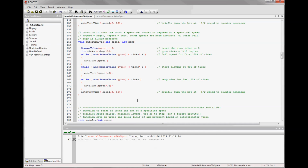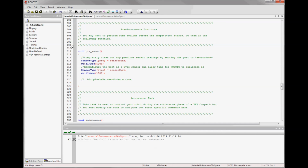The gyro does have recommended clearing on it. It can have a value stored on it, and it can get jostled while you're moving your robot around onto the field. So it's recommended that in pre-autonomous you clear out the sensor, and the best way to truly clear it out is to set the sensor that you're calling gyro to none, which basically says it doesn't exist anymore. Wait a little bit, set it back to gyro. It takes 1.1 seconds for it to recalibrate the gyro, so if you give it 1.5 seconds, you're good. And then it'll have a clear 0, and it's ready to give you good values when you run it in